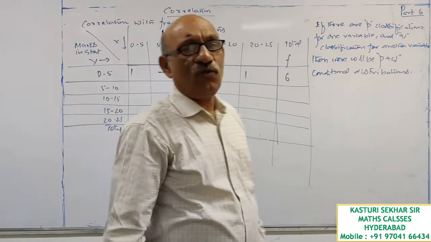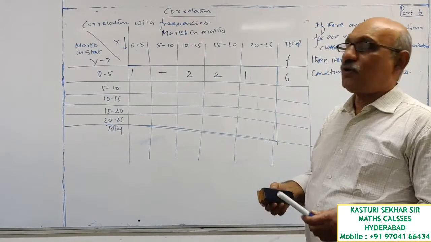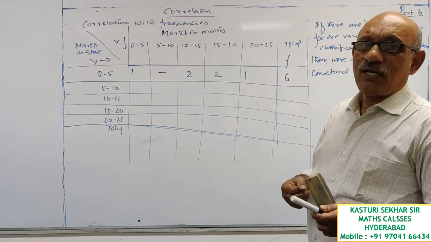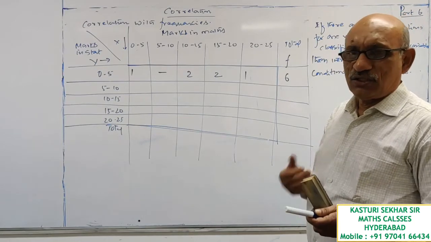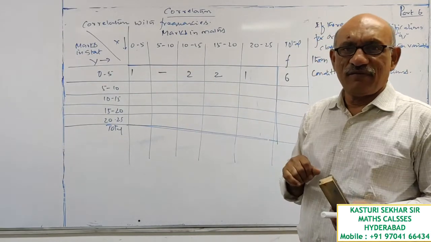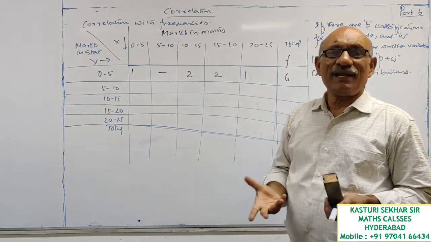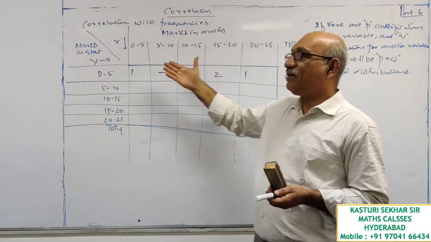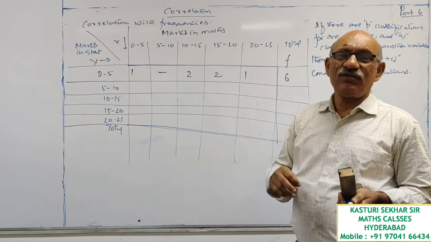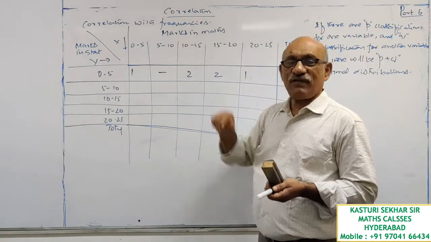Okay, these are the 4 theoretical questions you will get from frequency distribution. That is, when correlation comes up with the frequencies, there are 4 theoretical questions. First one is how many cells the given frequency distribution is having. That depends upon how many categories it is having, means how many classifications it is having. So when one variable is having P classifications and another variable is having Q classifications, then there will be P into Q number of cells. That is the first point.